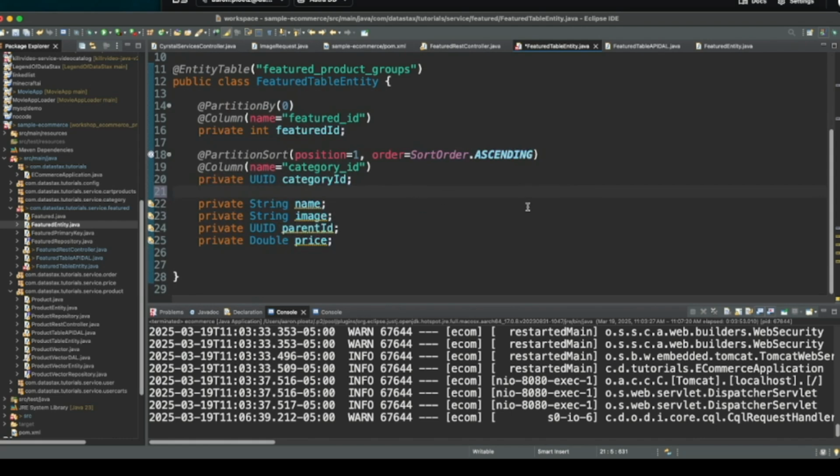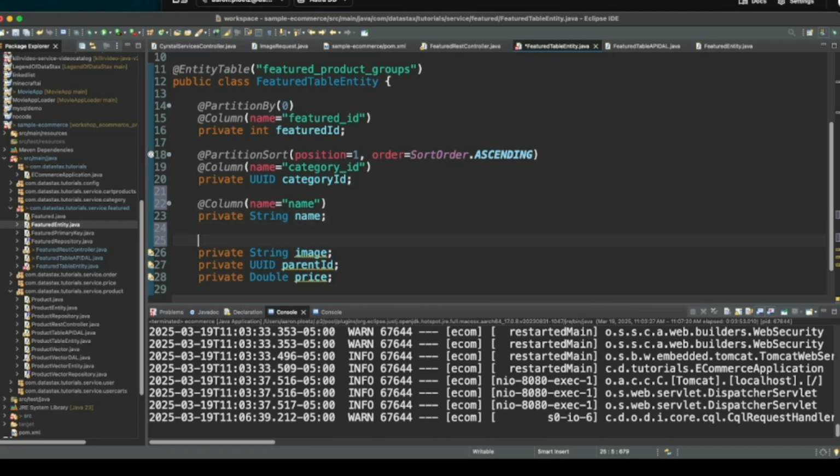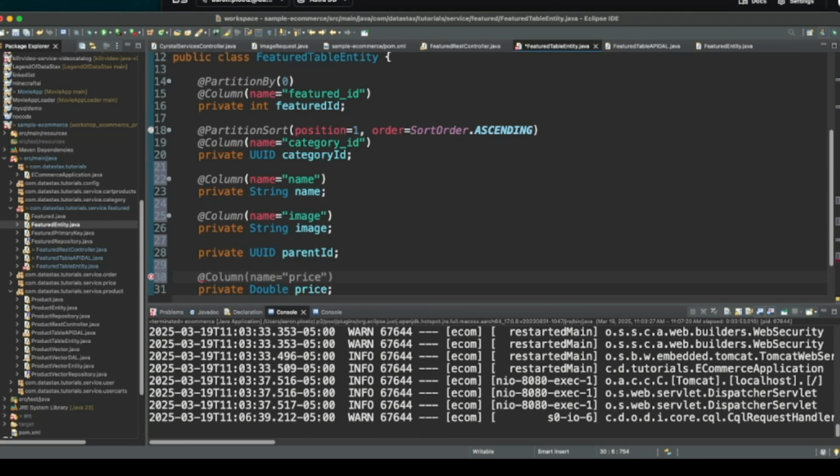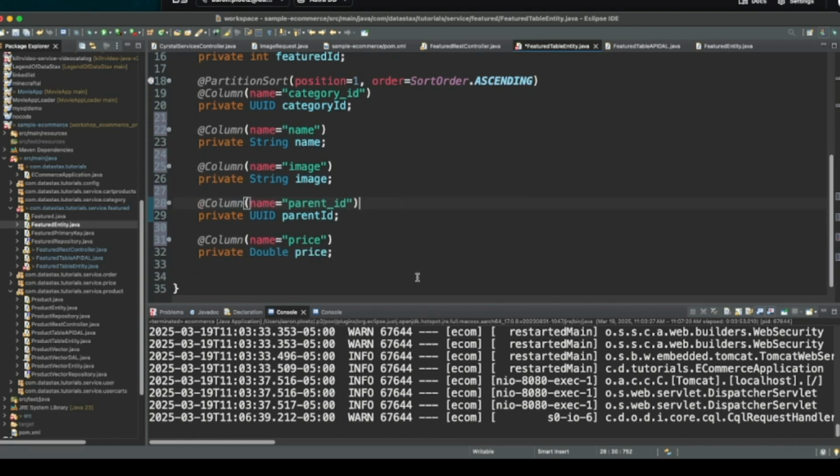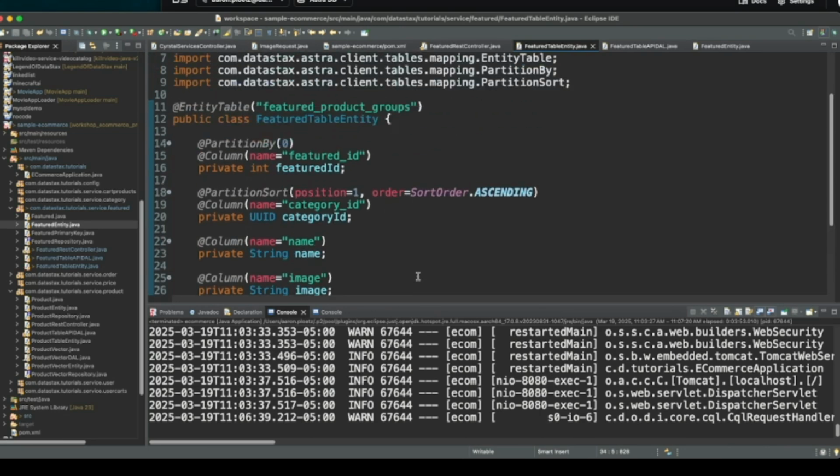All right. Let's see. So let's go. Yep, column name equals name. Since name, the class property, isn't any different from name, the column in the table, we probably don't need a column annotation. But just for consistency, I'm going to make sure that they get them. And then parent ID. Yep, parent underscore ID. Perfect. Okay, so I have all my class properties.